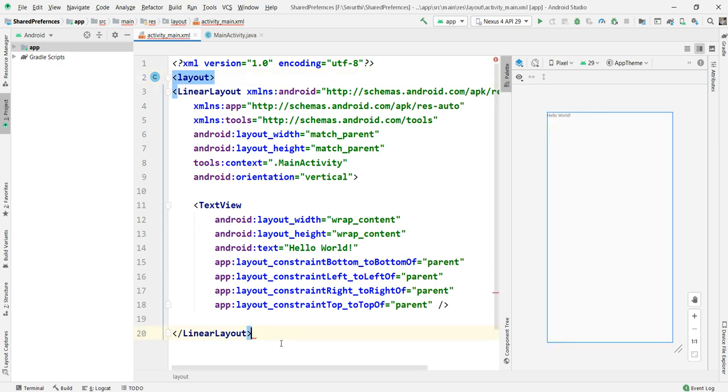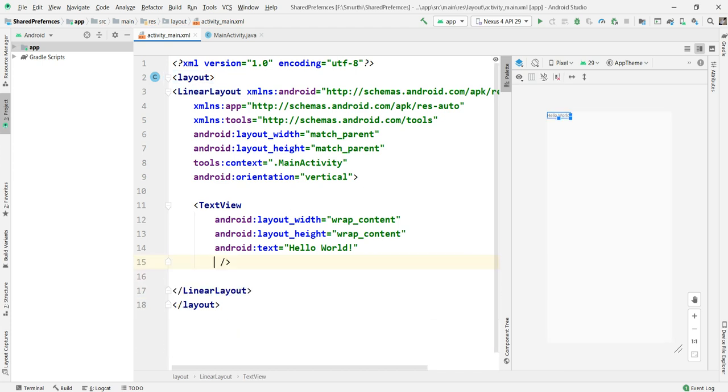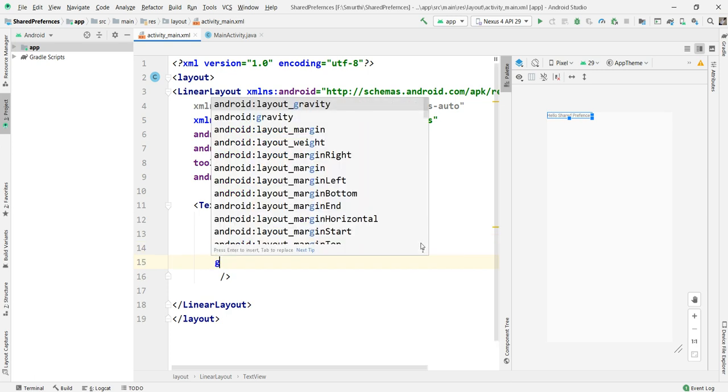I'm removing this and giving the text hello shade preferences, just to display it. I also want to give it a gravity.